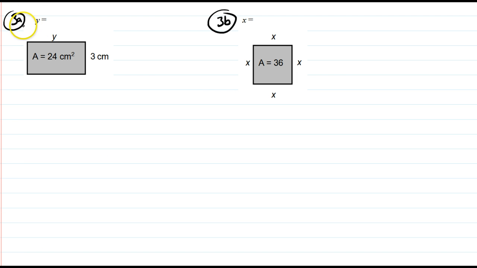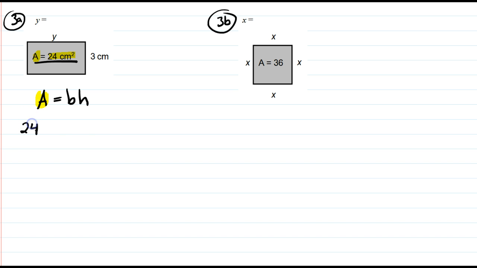Alright, for 3a, it tells us the area is 24 centimeters squared. It tells us the height, so we're going to want to figure out what the base is. And since we hear this word base, we always think it's on the bottom, but since in a rectangle the opposite sides are equal, if this is y, this is also y. So that doesn't really matter. So write the formula down. A equals base times height. And they give us that the area is 24. So we're going to replace that with